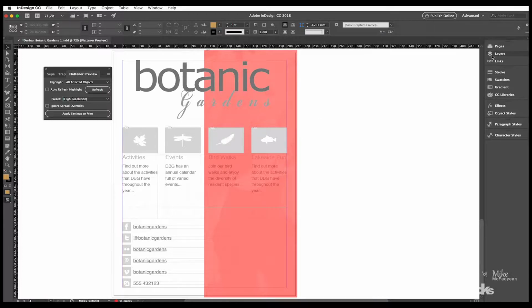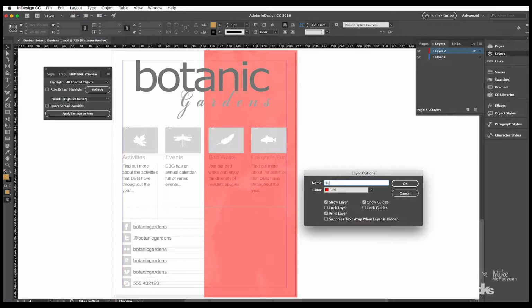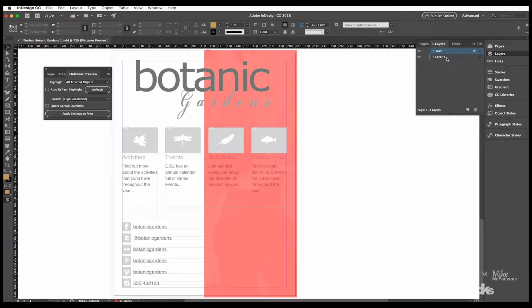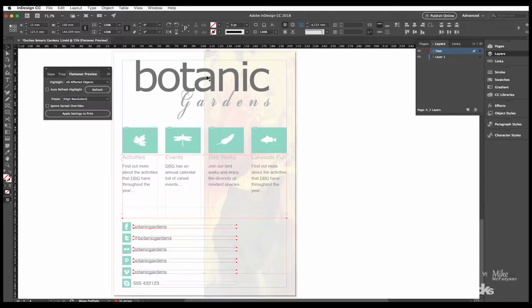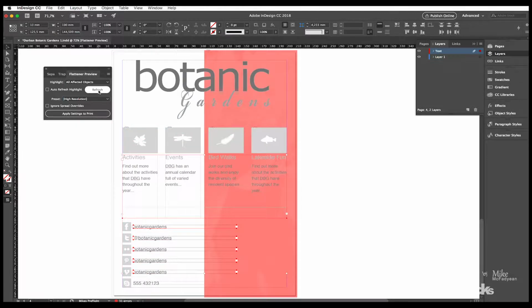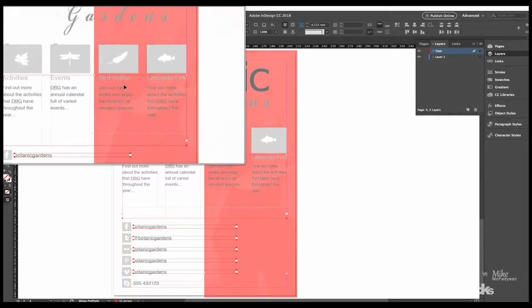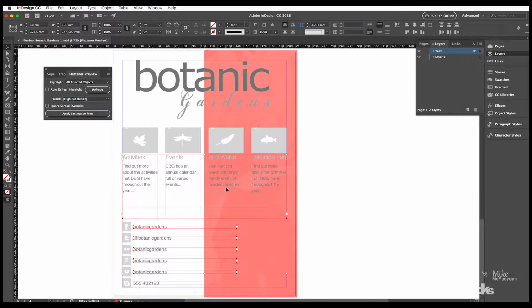So to fix this, I'm going to go to my layers panel and I'm going to make a new layer and call it text. Now I should have done this as I designed. I deliberately didn't, so that we can see how this works. So I'm going to select that text and then all of these text objects and move them up into the text layer, and then I'm going to press refresh, and now you can see that text is no longer red. It's no longer going to be rasterized. It's on top of the transparency, which is what I want. So I'll just call the layer below